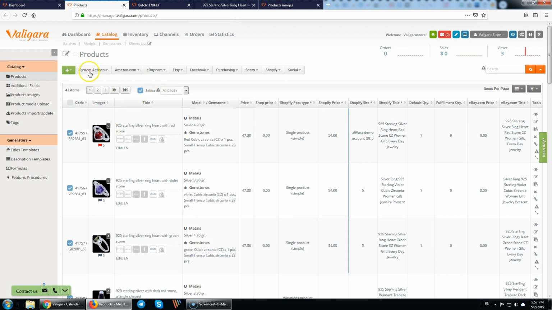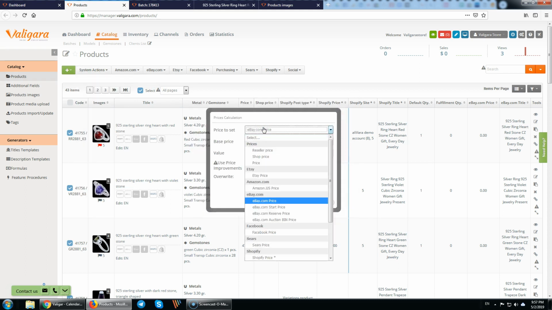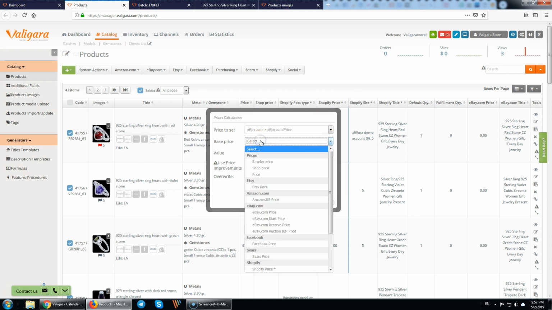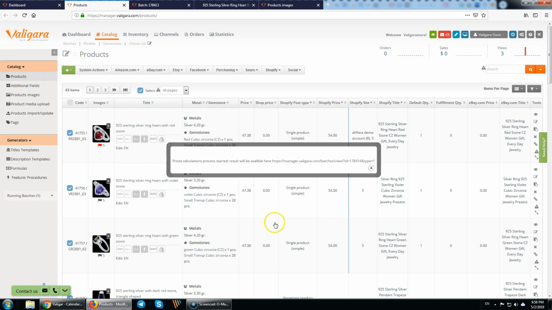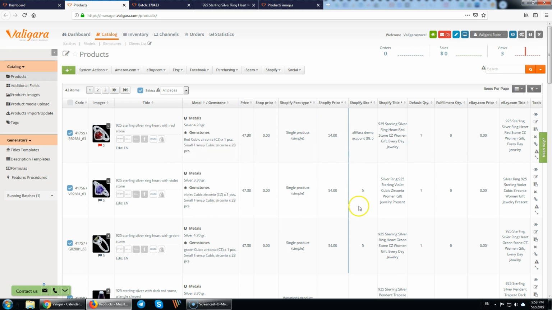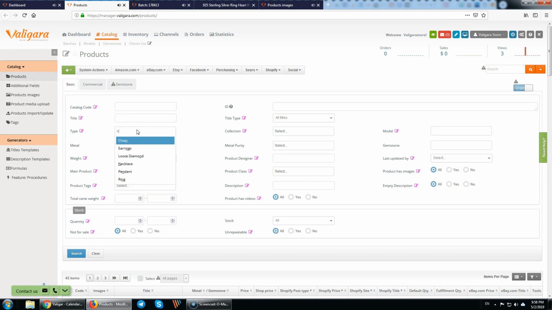I will take the products and I will use the calculate prices option to set eBay price based on Shopify price plus 15%, and then using the price improvements function which we have in the system. Okay, so now we'll start seeing here the prices. Okay, the prices are ready to go, and now I can take, for example, let's search for all the necklaces in my system,